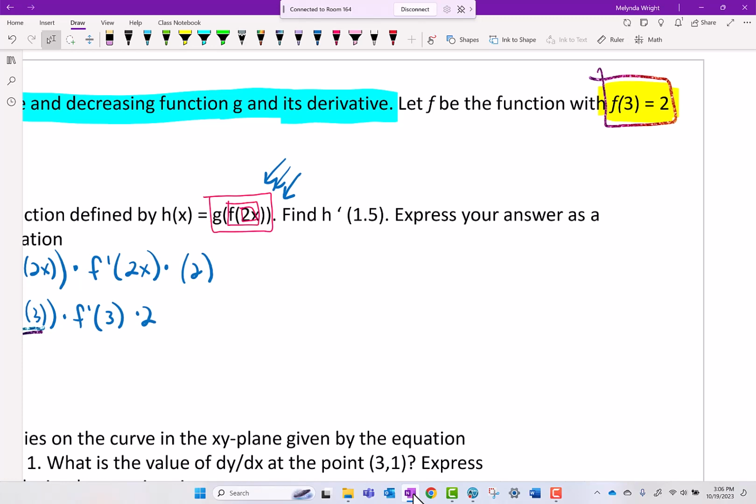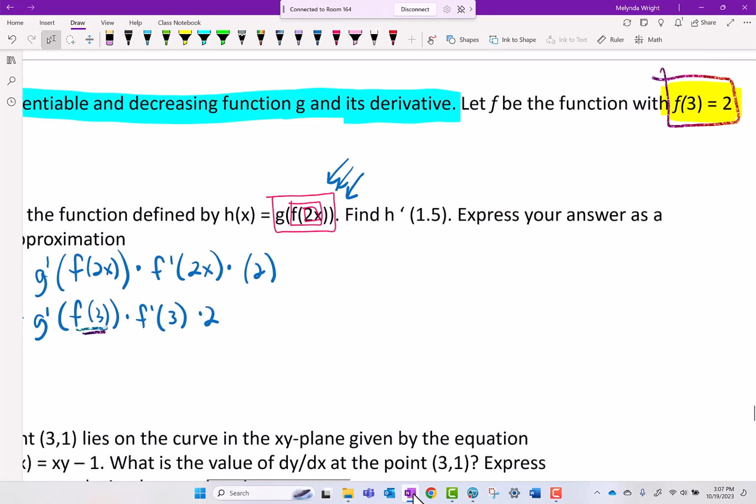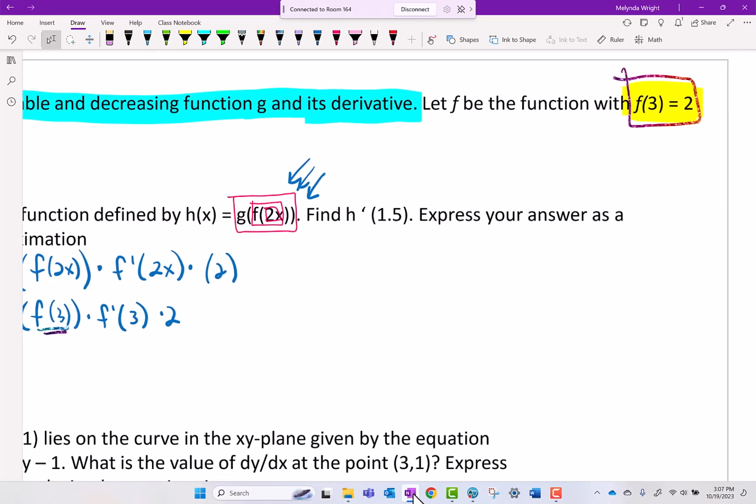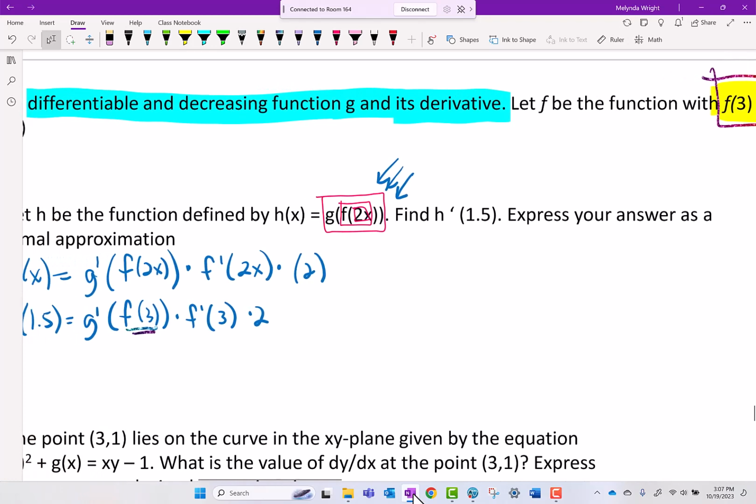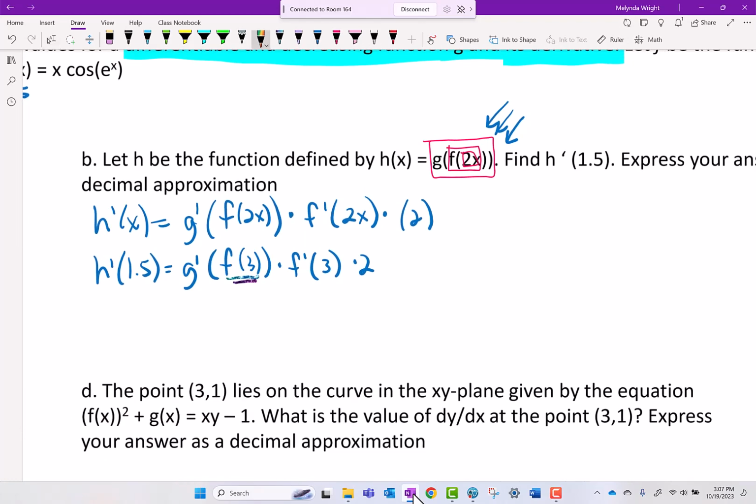See how they wedged it up there? If you don't circle it and pay attention to it, you would probably be going, oh my gosh, I don't know what f is. I know what f prime is, but I don't know what f is. Well, they told us. It's right there. All right, so f of 3 is 2. So we've got h prime